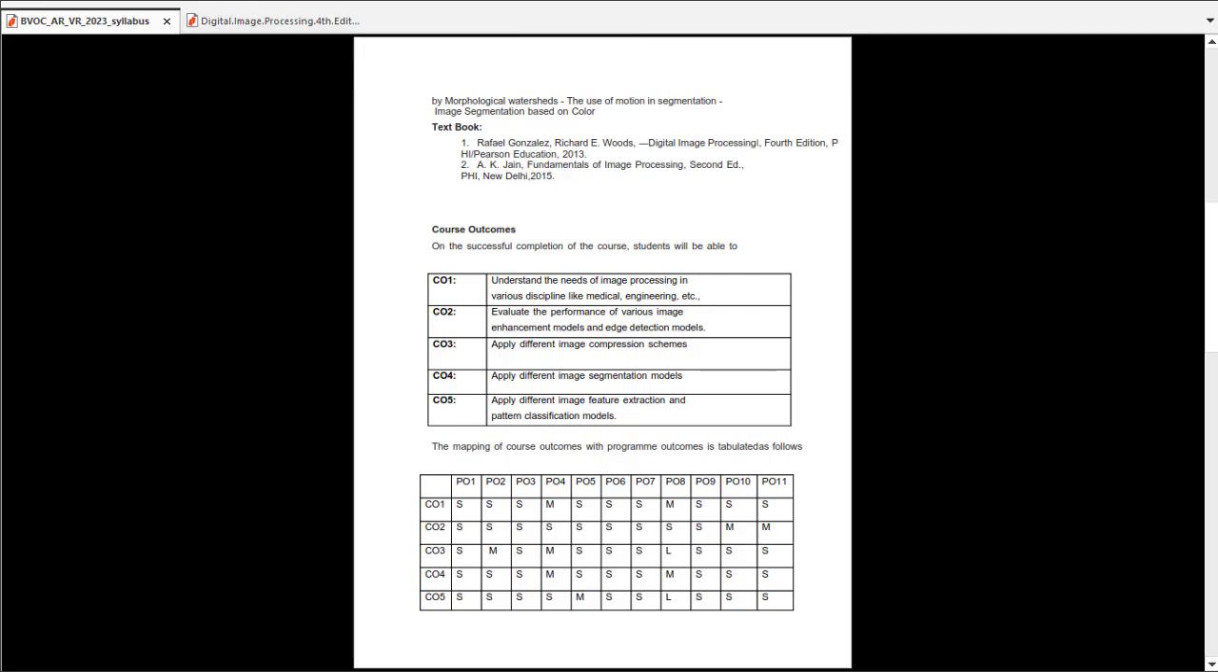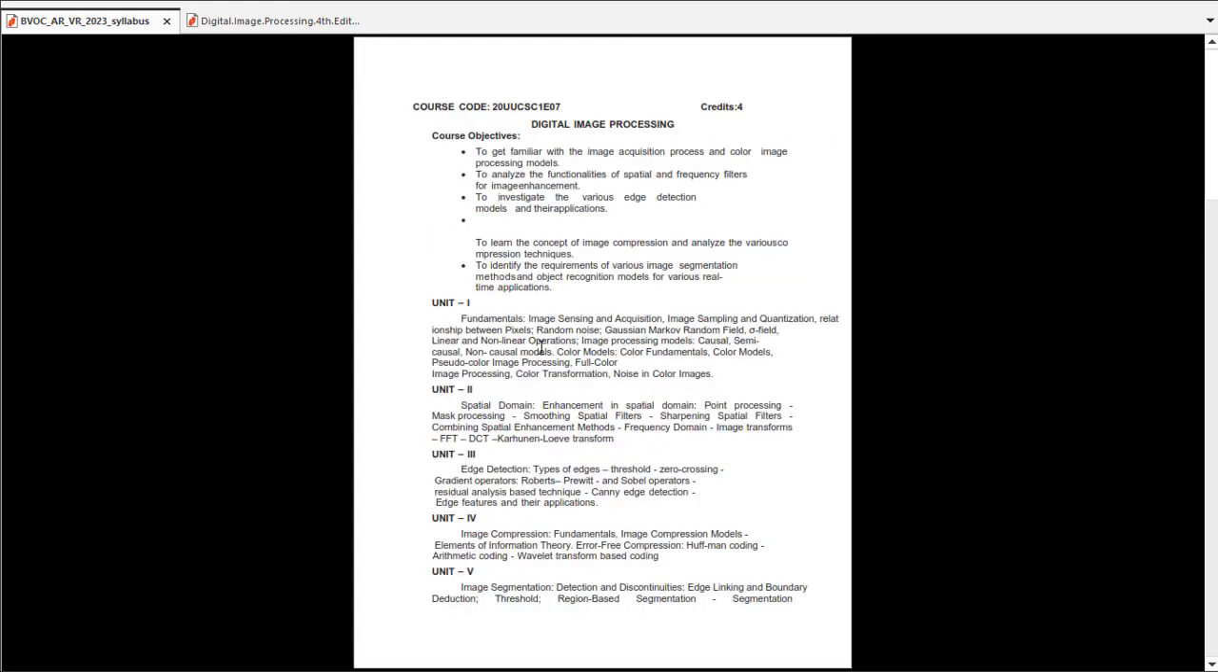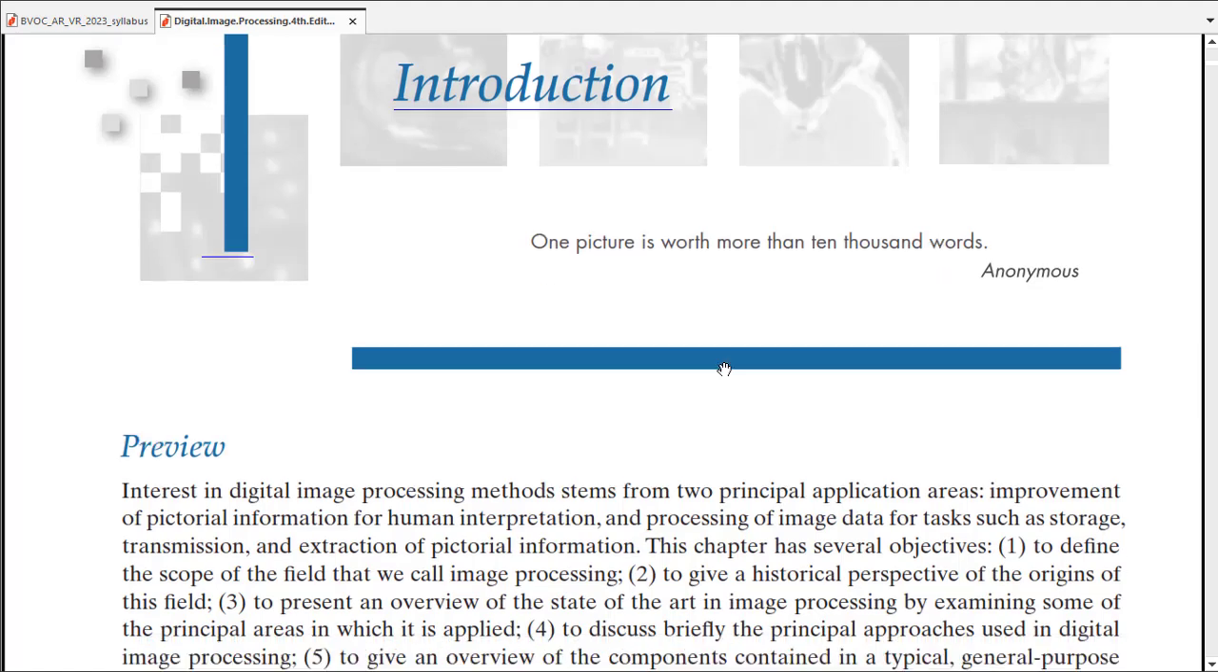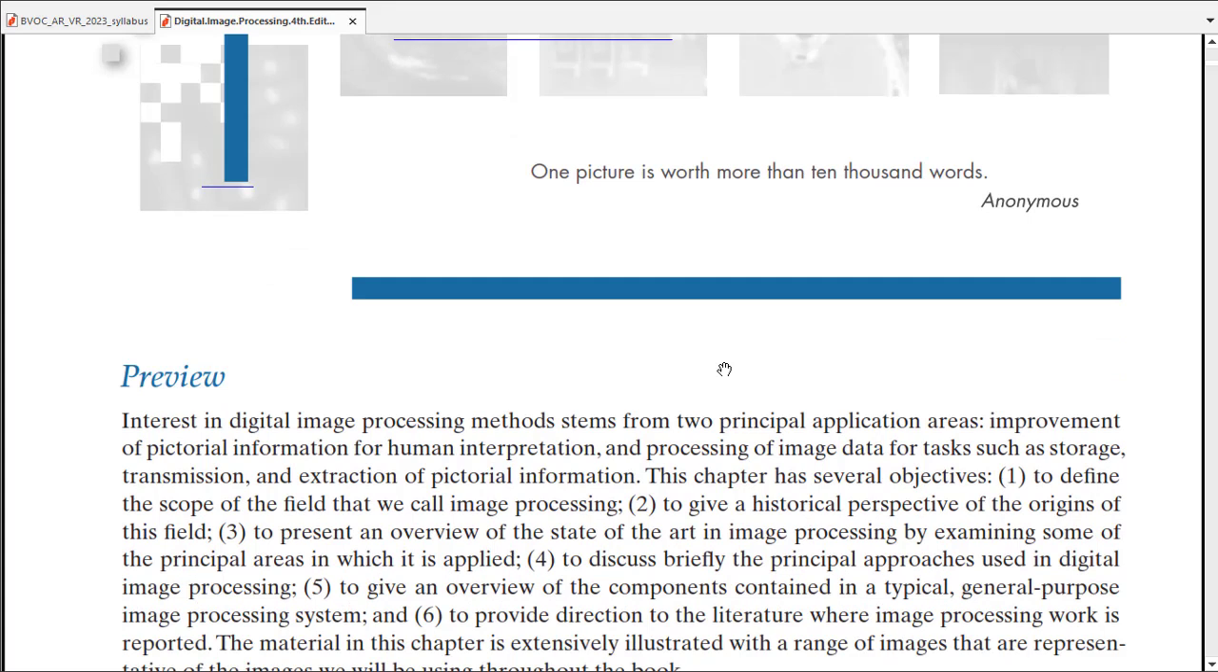The first concept we will move to is image fundamentals, that is, image sensing and acquisition. Let us move to digital image processing. Based on the digital image, there are many concepts. The first is to define the scope of the field that we call image processing, to give you a historical perspective of